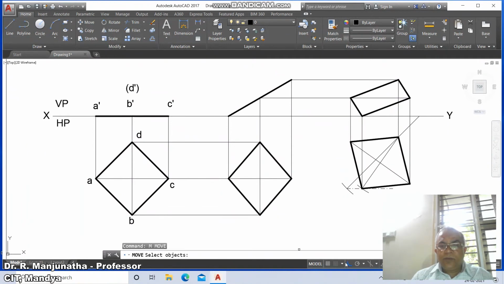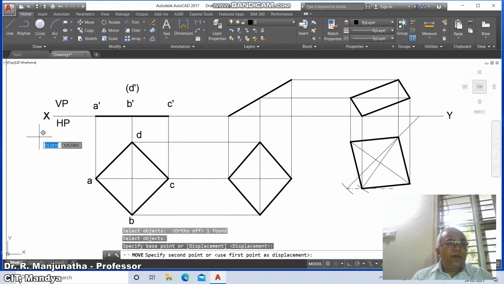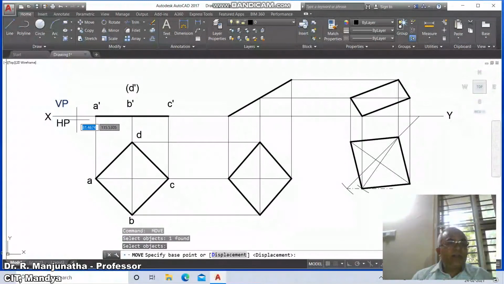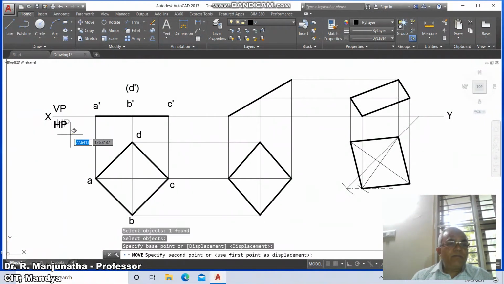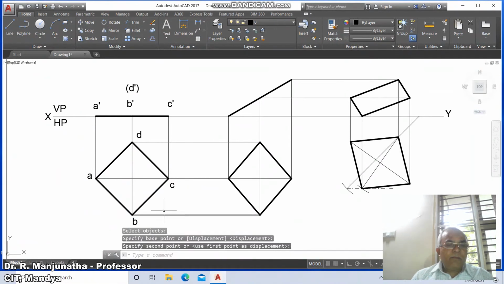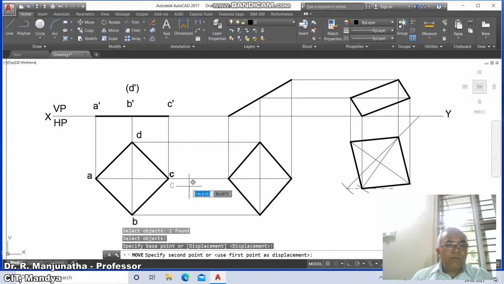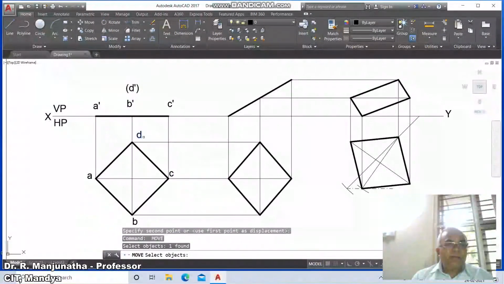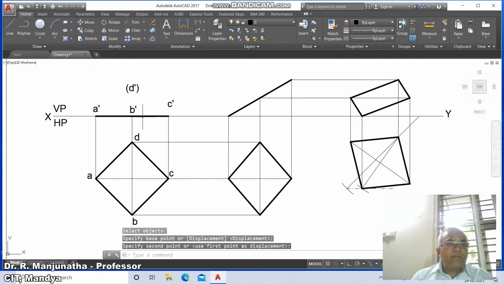come down to move, switch off the ortho mode, you place VP, HP appropriately. Y, then go to A, go to B, then go to C, and this point D. Similarly, A dash, go to B dash, and type D dash, and type C dash here.